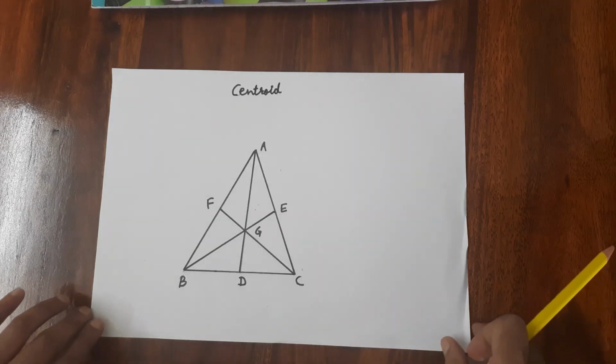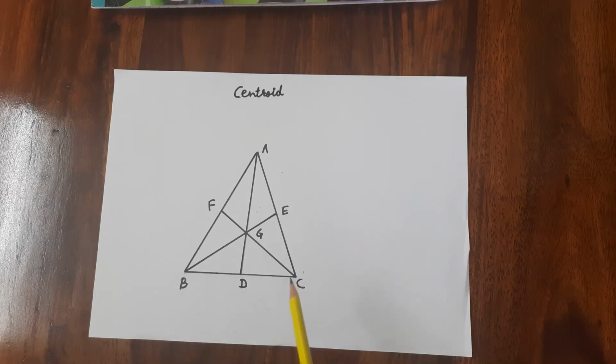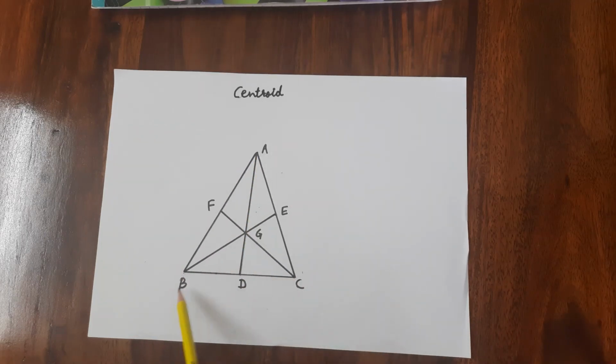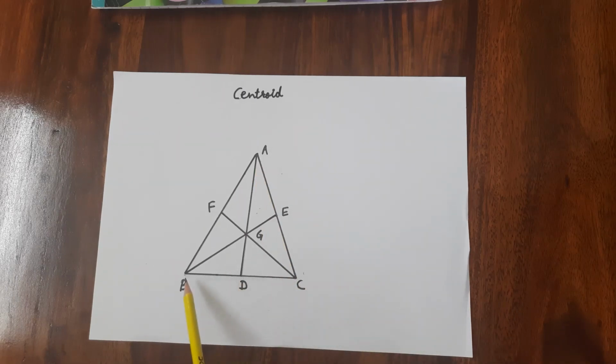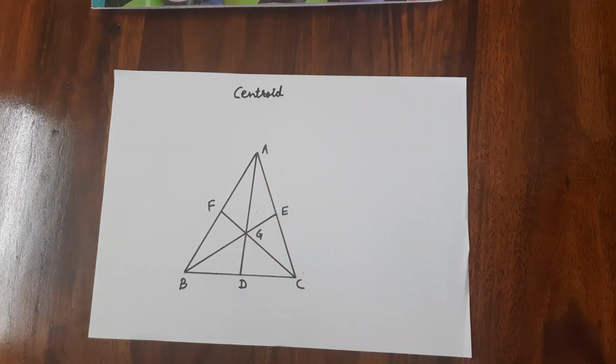In this video, we are going to locate the centroid of a triangle. So before moving, let me tell you what is centroid of a triangle. Here we have a triangle ABC where D is the midpoint of BC. If you join this midpoint to the opposite vertex A, you will get AD as a line segment, which is called the median of a triangle.